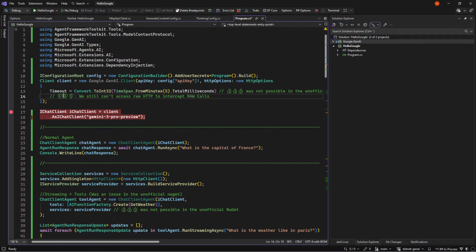The only thing I can see we can't do that OpenAI can do is this raw HTTP interception, which is really nice for debugging, but not in real production. It doesn't really matter. So in general, we just need the NuGet package out now, but beyond that, we actually have a really, really powerful setup where we can control Google in all the manners with none of the flaws of the unofficial package.